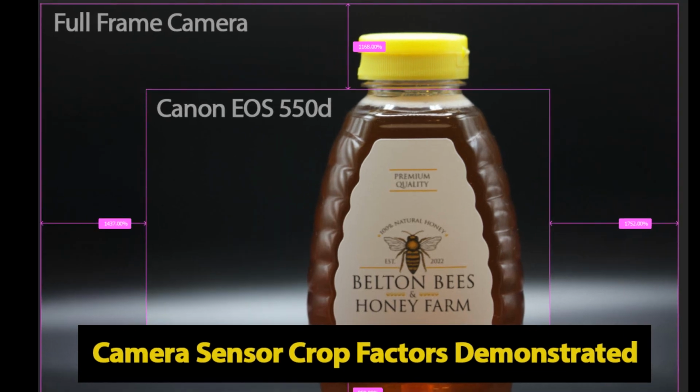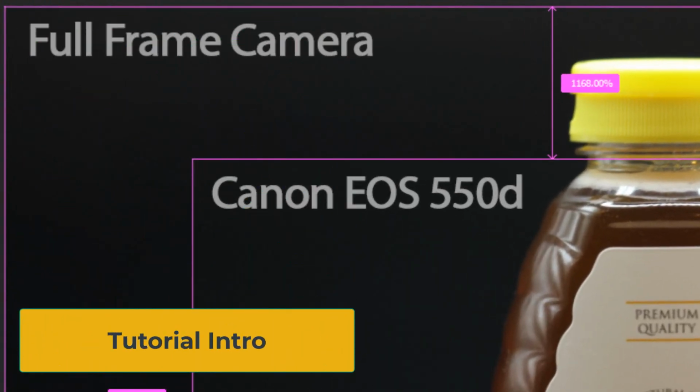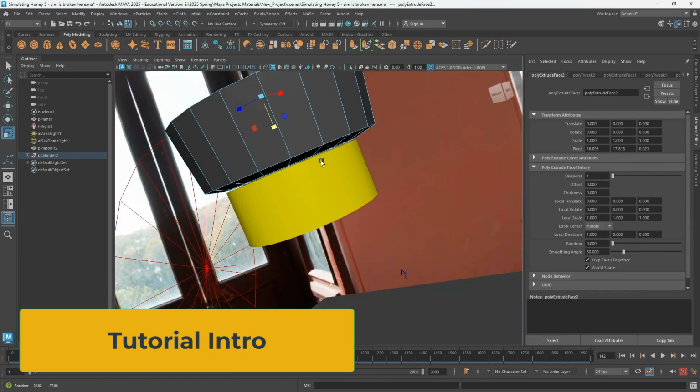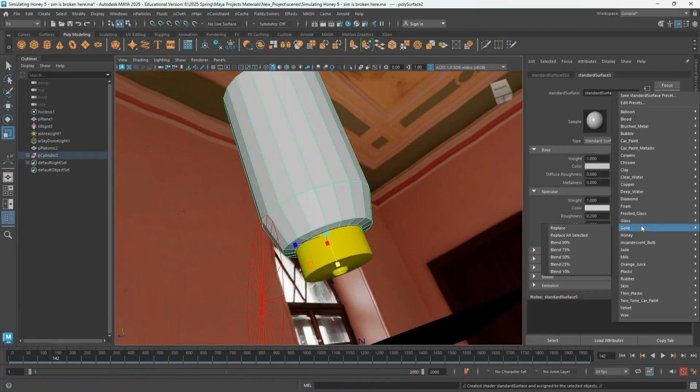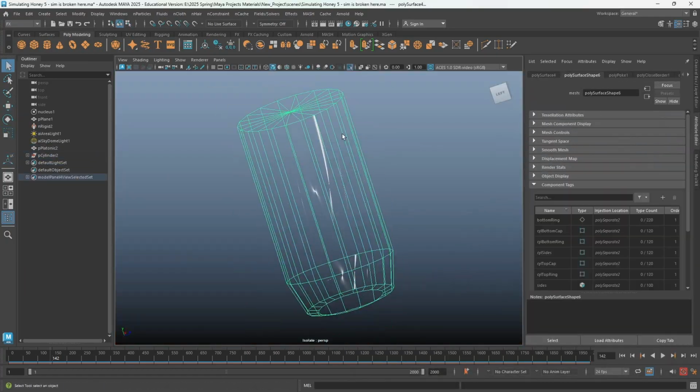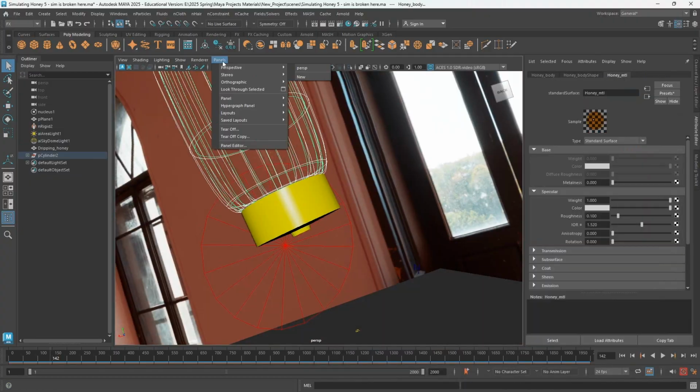Hey there, in my recent video I covered camera crop factor and I featured a honey bottle which inspired me for simulating and rendering honey. In the beginning of the video I'm going to explain the process in simple steps. This way you won't have to watch the full video if you are familiar with the simulation and rendering honey